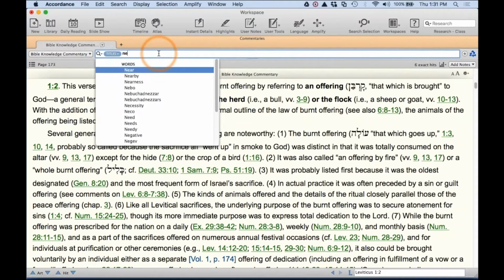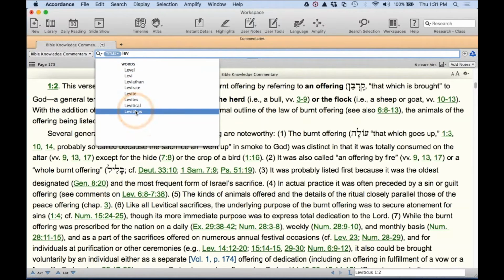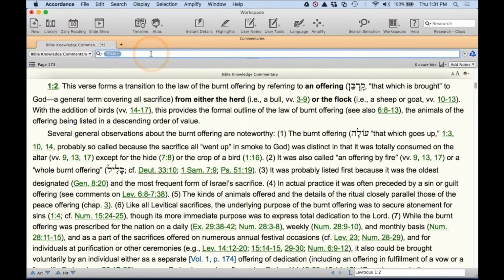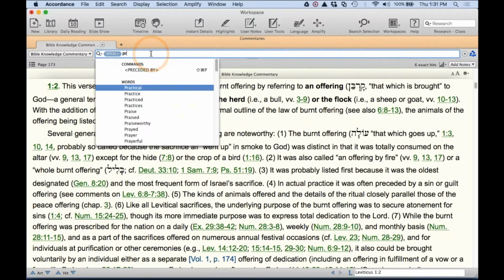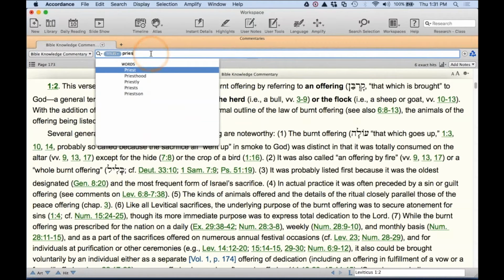So you can look up a word, you can look up a command. So if I was to do several words, I want this but not that, or this and that. If I was to look up a book of the Bible, Leviticus, it would actually look up Leviticus for me. So I can use this bar here for either a word, or it'll actually help me get background information on Leviticus and commands. But we were studying priest, so I'm going to type in priest, P-R-I-E-S,